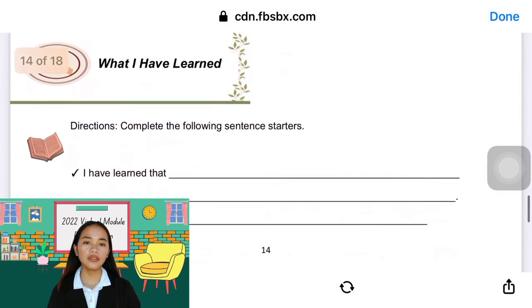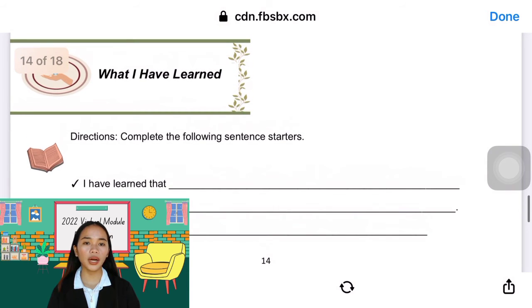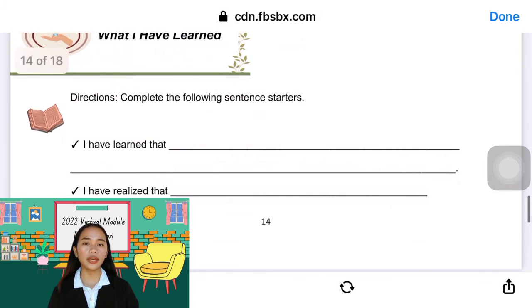After all the activities, we are down to what I have learned. Students are encouraged to share everything, or every lesson they were able to pick up from the very beginning up to the last activity. It also measures the takeaways of the students